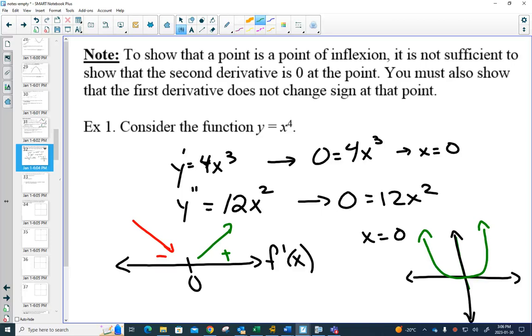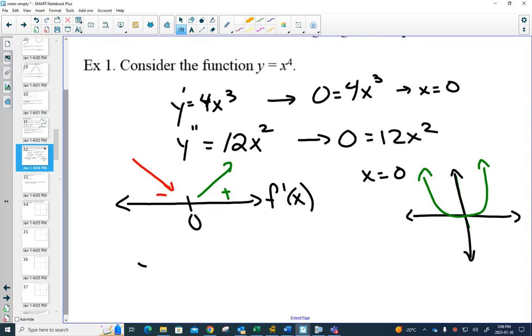Oh, there's very little. I wasn't sure. So we have a minimum. If you take this same thing and